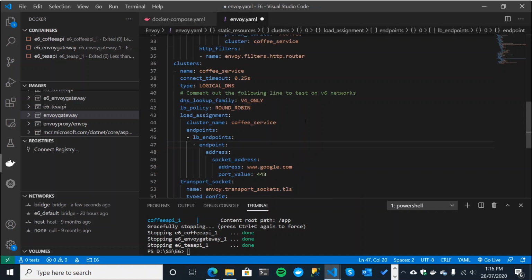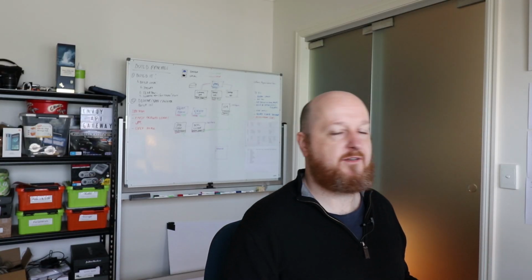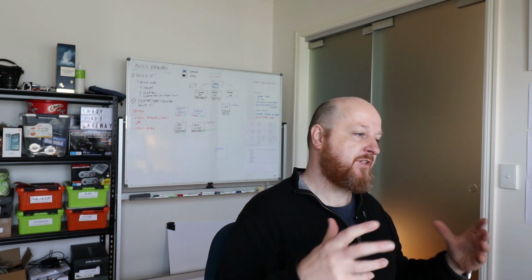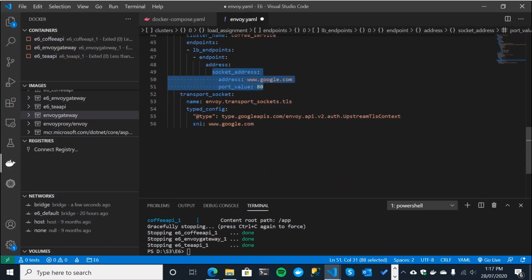So when we come over to our Envoy.yaml, because the Envoy proxy is running in a container and it wants to talk to our API container, the port that we specify here for HTTP is port 80. Okay, now that caught me out. I've not done a lot of Docker Compose stuff or a lot of Docker stuff, and the networking stuff will trip you up. And just as an FYI, if anything is not going to work here, it's going to be down here more than likely. It's going to be with the endpoint networking.